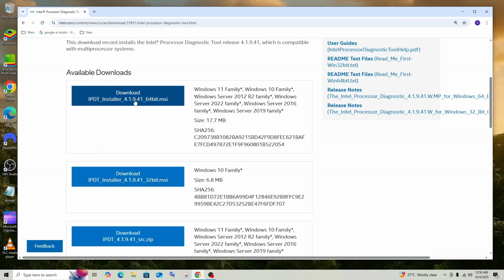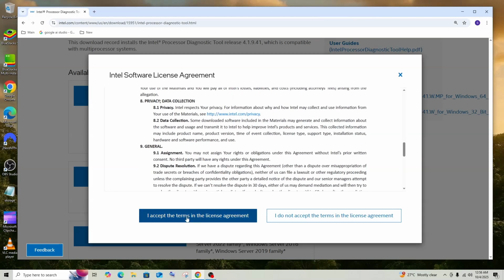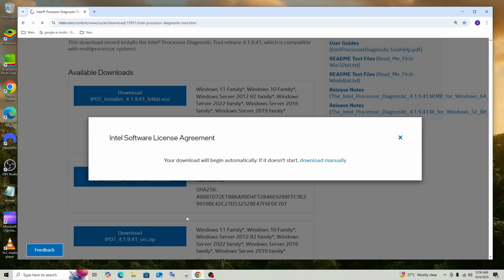I have 64-bit, so I will just select this one and read it through and click on I accept the terms in the license agreement. And the download will be getting started. The setup file is just 17 MB in size. So once it is done, open it